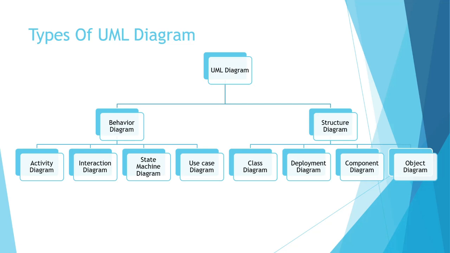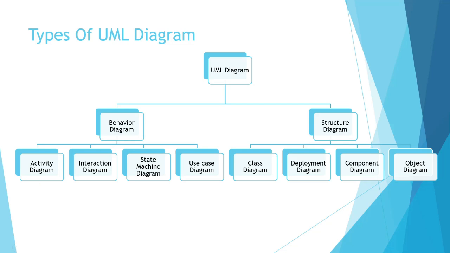Now take an example of a car. Okay. So within a car, the steering, the model of the car, again the type of engines used within the car, the wheels used within the car, all these are the structural components and these components have relationships with each other. And if we consider the behavior diagram, it contains all the dynamic components. Means when I start the car, at that time what will happen? When I press the brake, at that time what will happen? All the dynamic functionalities are given within this diagram.